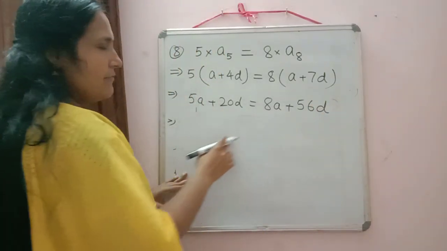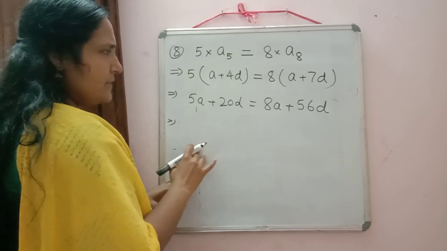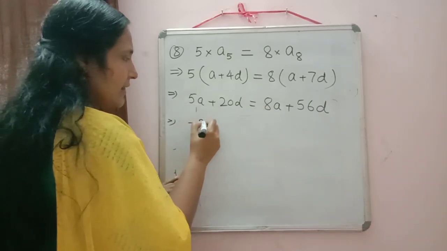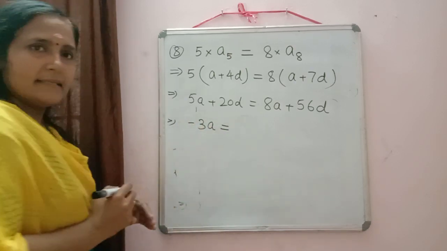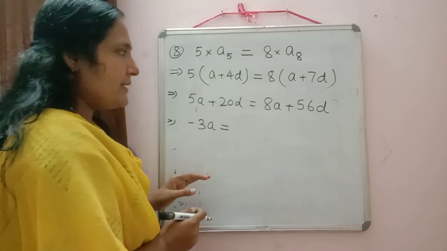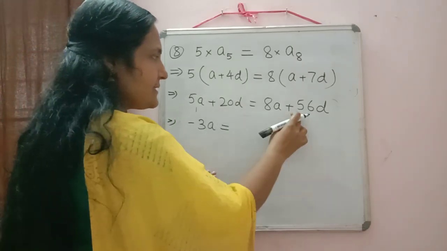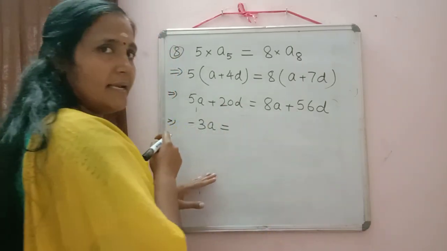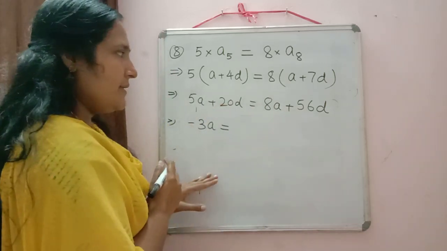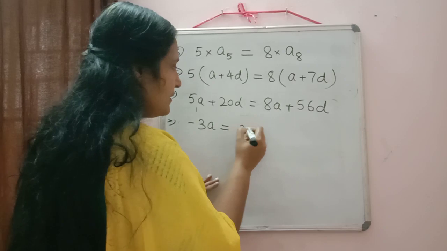We can shift this 5A anywhere, it depends on you. I am shifting it here. So 5A minus 8A will be minus 3A is equal to, I am shifting 20D to the right hand side, so it will be 56D minus 20D. I am doing the subtraction also, 56 minus 20, so that will be equal to